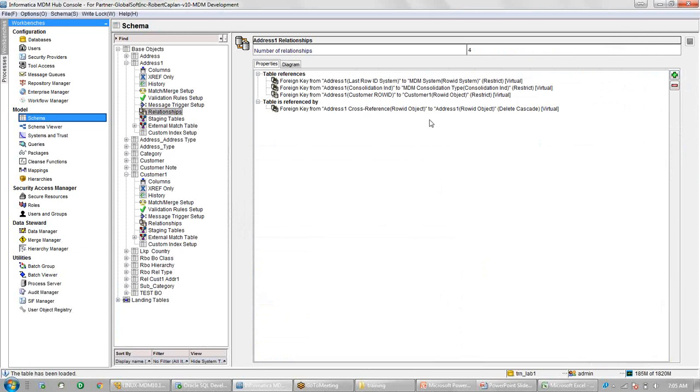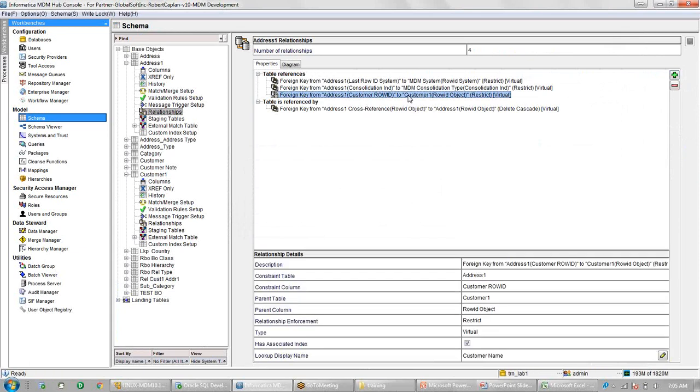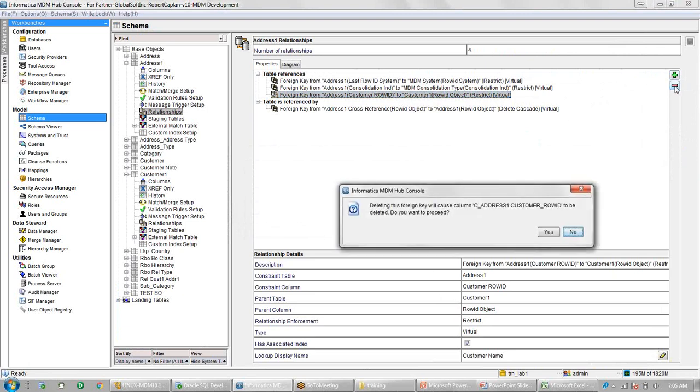So now I have created a relationship. Sometimes we might make a mistake. For example, I created this customer ID column and I had to map it with the customer base object, but by mistake I mapped it with some other table, because that can happen since it is just a row ID object.